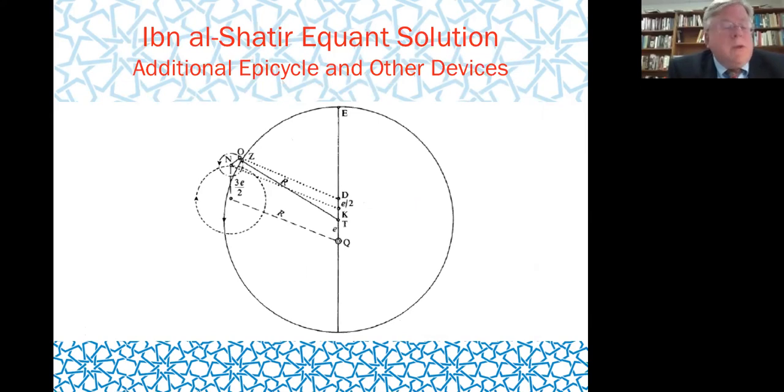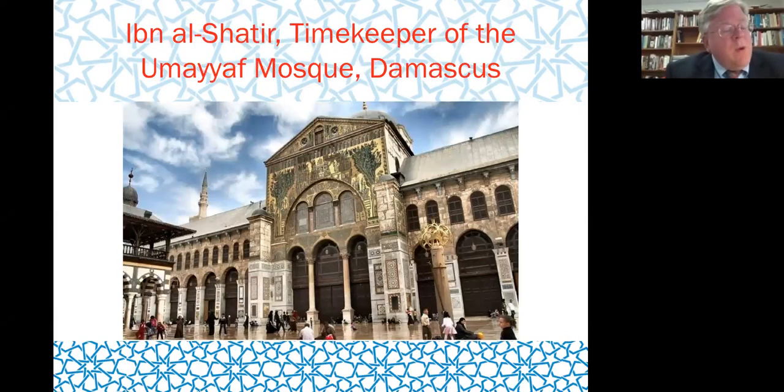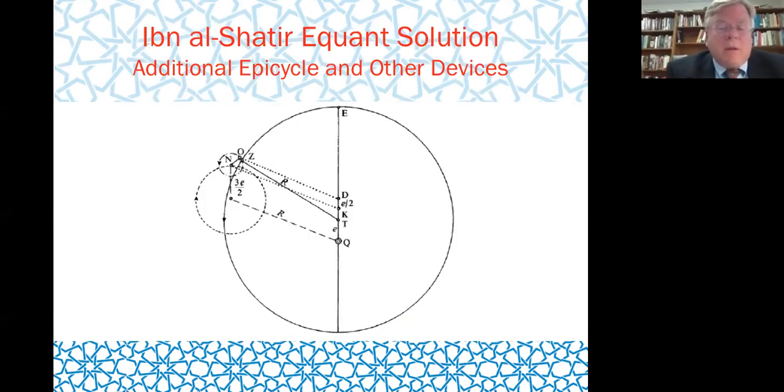That credit goes to Ibn Ashatir, who died in 1375. Now, Ibn Ashatir was also the official timekeeper of the Umayyad Mosque in Damascus. He was the one responsible for determining the official times of prayers for Muslims. Now, in his model, it looks a lot like Ptolemy's model, but there's additional parts to it. All of the parts rotate around their own centers with uniform angular speeds, which is the original requirement for physical